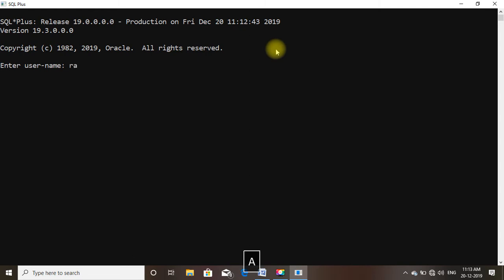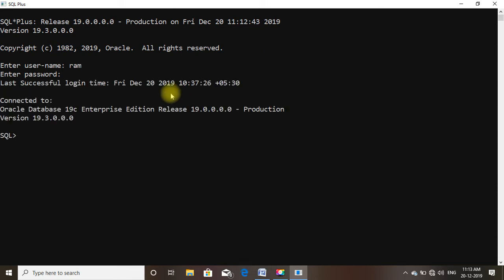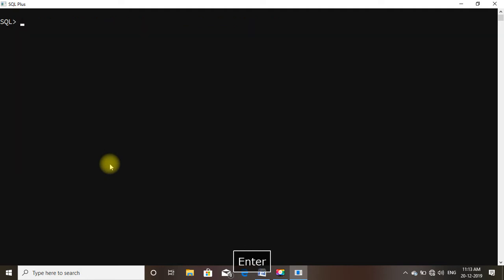The username is Ram and the password is Ram123. You can see that SQL is connected. Just clear the screen. Okay, now the screen is cleared.